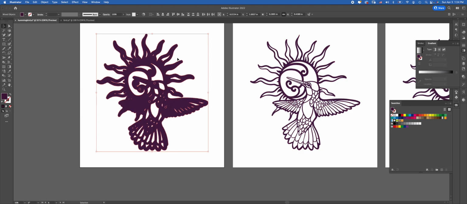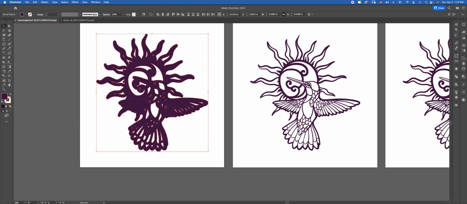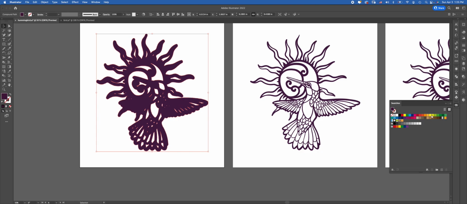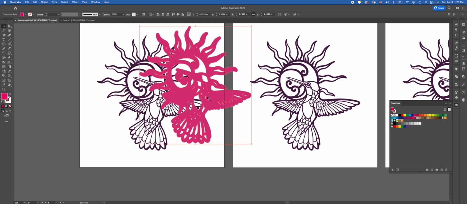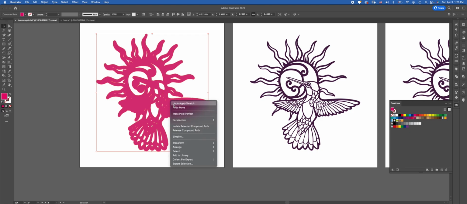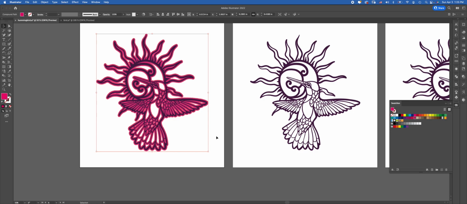While it's still selected, before I do anything else right now, I'm going to go back to my Pathfinder and fuse that together. So let's go find our Pathfinder, hit Unite, bam, it's all one shape now. Now I'm going to change its color so we can actually see what we got here. And you might be going, huh, what happened? It's because it's on top. All you have to do is go to Arrange, Send to Back, and now we have a really cool offset